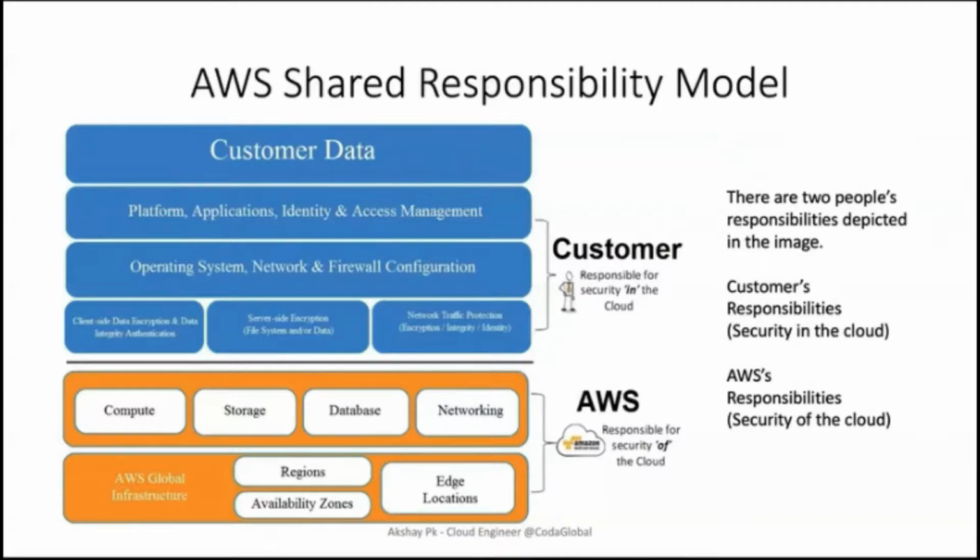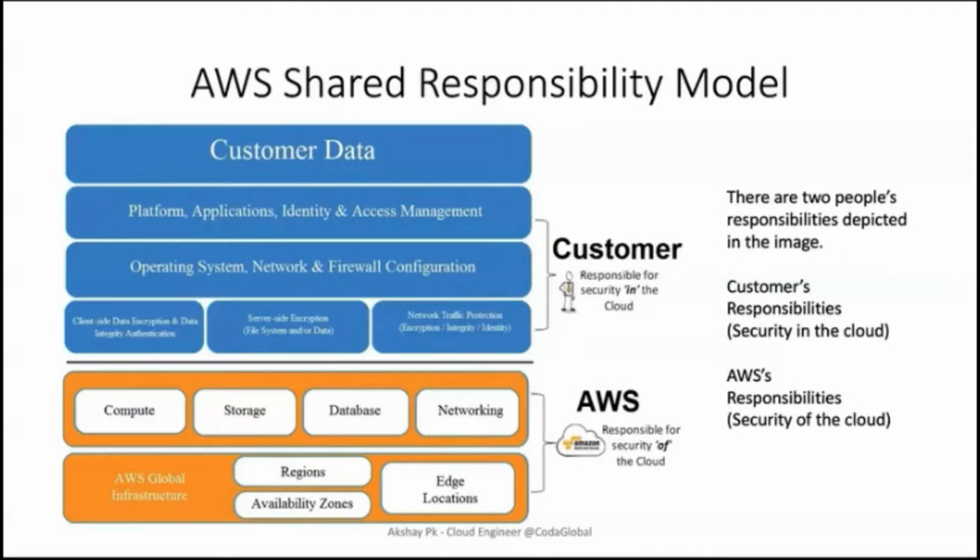Configuring your network and firewall configurations, whether it be network access control lists at the subnet level or security groups at the firewall level, at the ENI level. These are all things we have to configure because we are responsible for the inbound and outbound traffic to our application that resides within the AWS cloud. And then regarding encryption, going with server-side encryption or uploading your own encryption keys and encrypting the data at rest using a key management service or a hardware security module, which is FIPS 140 compliant, in order to store all of your secure keys and so on. It's totally your responsibility to do all that.